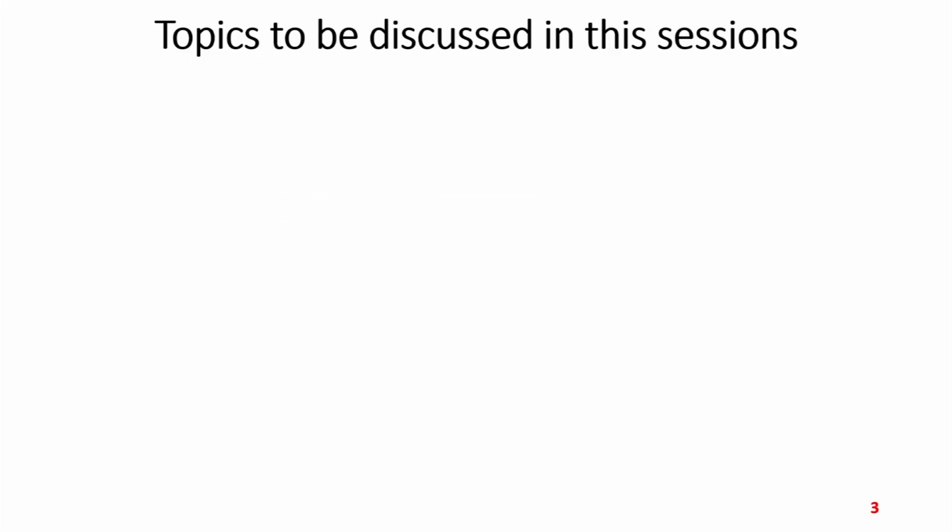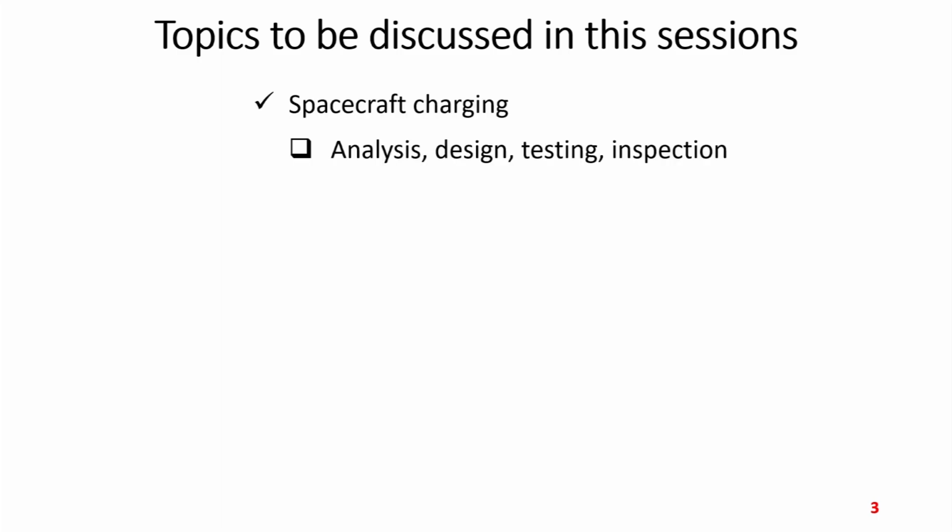If you want to do this using onboard instruments, the spacecraft should be clean, it should not be a charged spacecraft. These are the things we discussed in the last session, and in this session we will be discussing